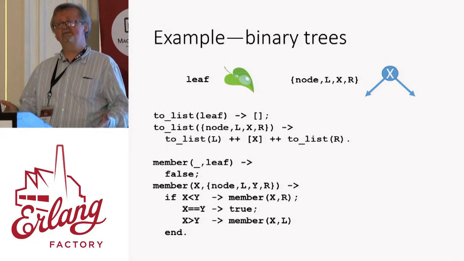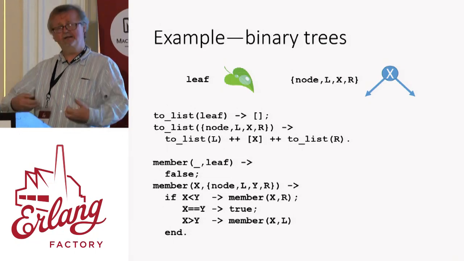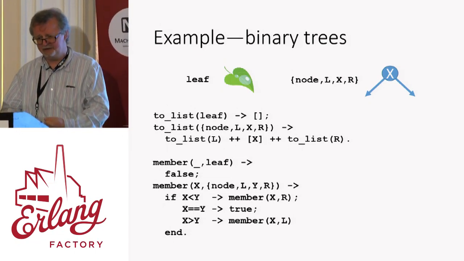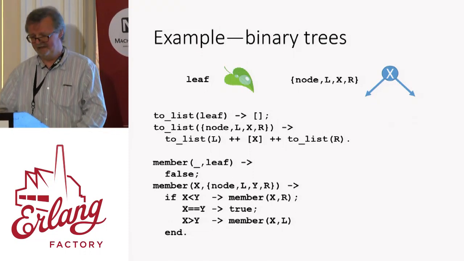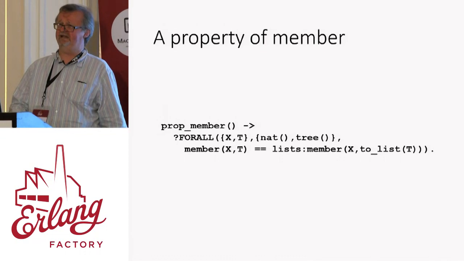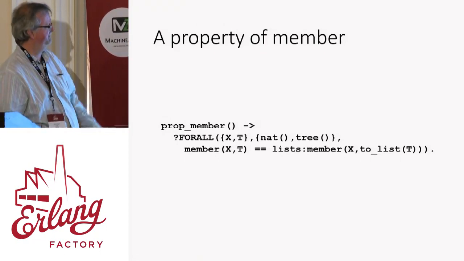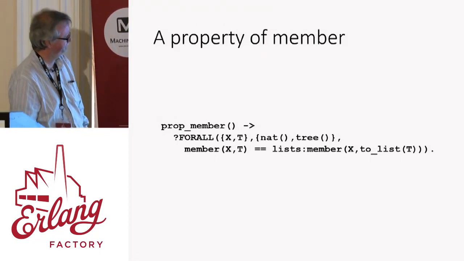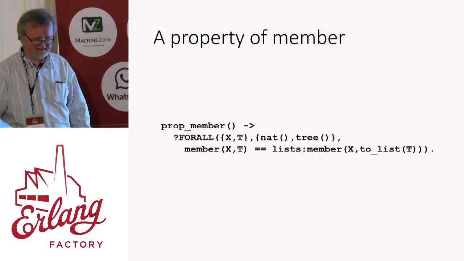OK, so imagine we're testing these 2 functions. Of course, you could write some test cases. But I don't want to do that. What I'm going to do instead is show you how we test it with QuickCheck. Instead of writing 1 or more test cases, we write a general property. Here's how the property for testing these functions might look. So it's an Erlang function definition.